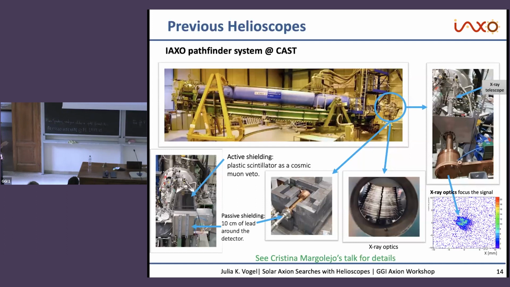So there's some active shielding, plastic scintillators as a cosmic muon veto, as well as passive shielding. You can see here the 10 centimeter of lead around the detector. For monitoring the position of where we would expect our spot, we have an X-ray source installed on the opposite end of the magnet